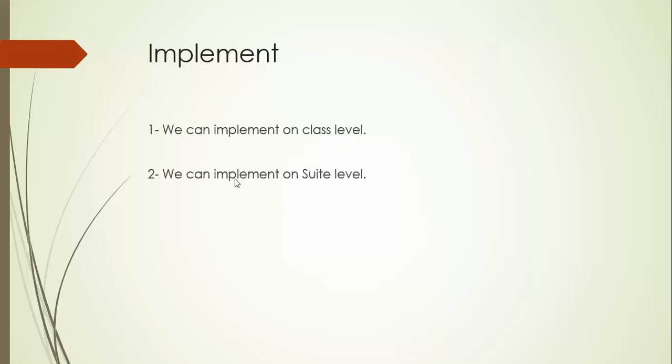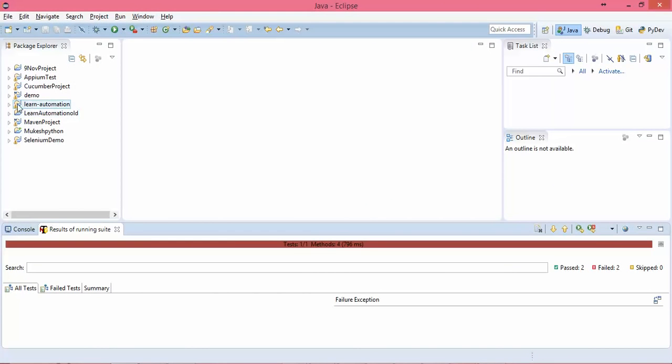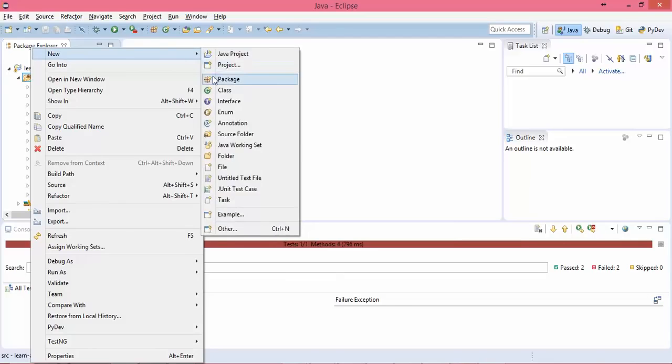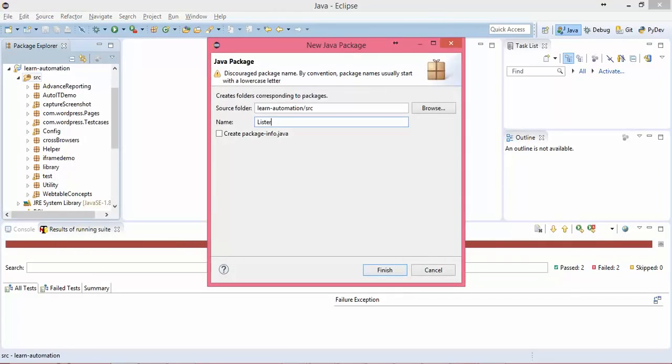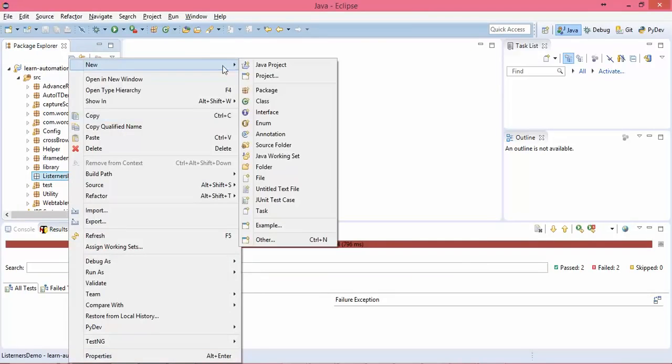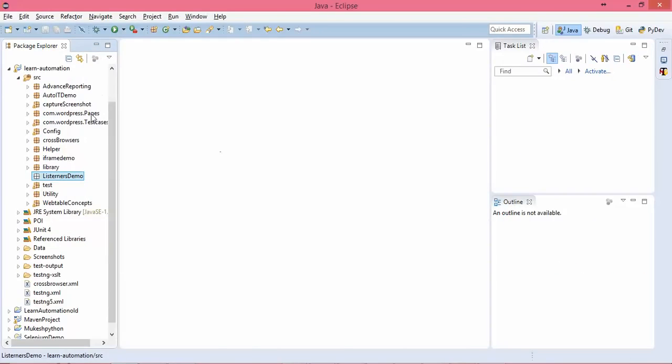So let's move ahead to Eclipse. This is my project, Learn Automation. I will create a separate package called ListenersDemo.